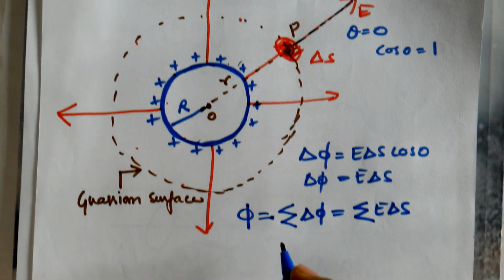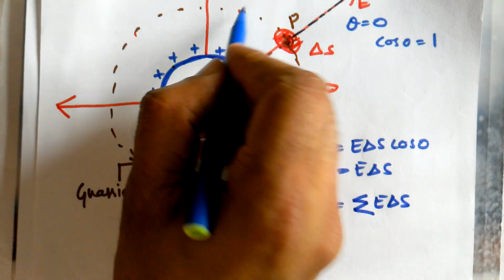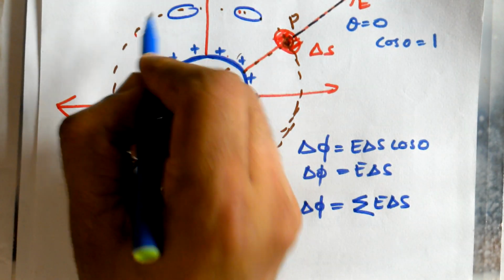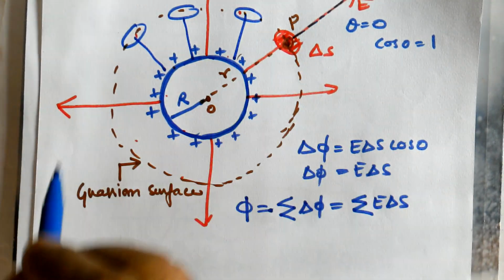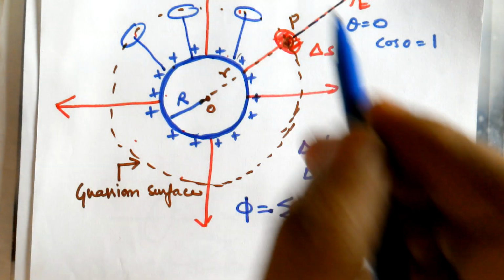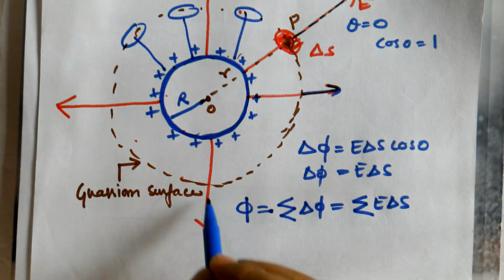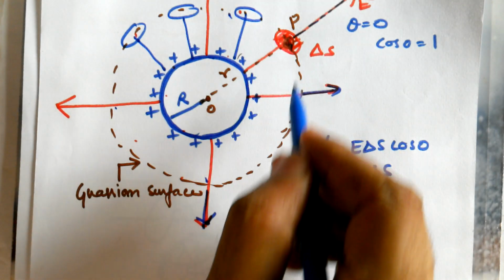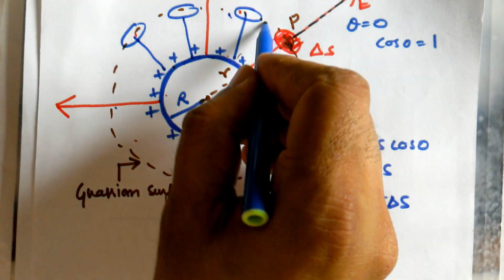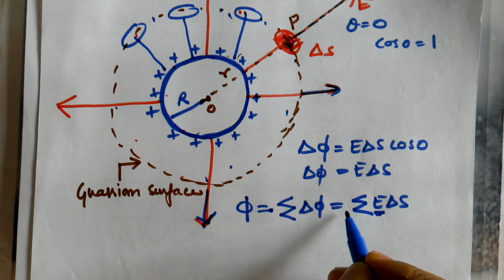But when you go for the summation, please remember that when you take such an area here, here, the distance from the spherical body doesn't change. It is the same. So electric field, how can it change then? Only the direction of electric field will change, but its magnitude doesn't change on the Gaussian surface. So wherever you take the area, E is a constant. So can I take it outside the summation?